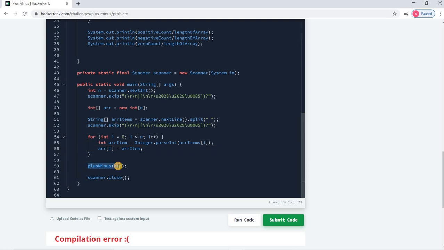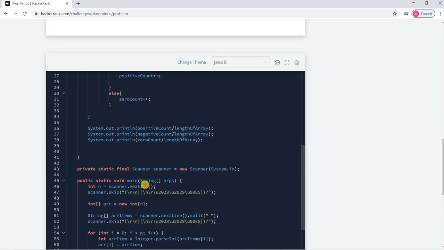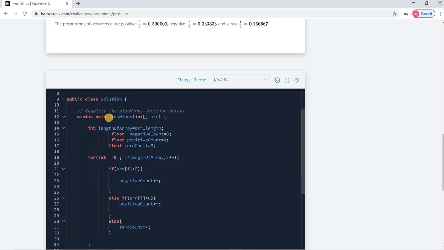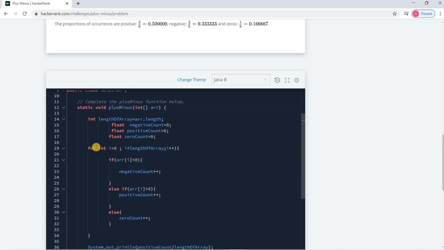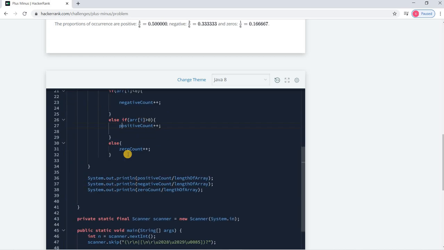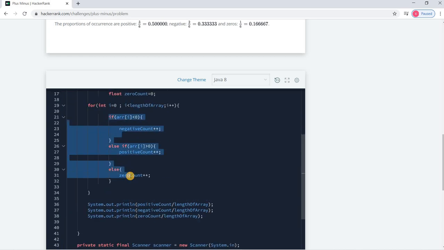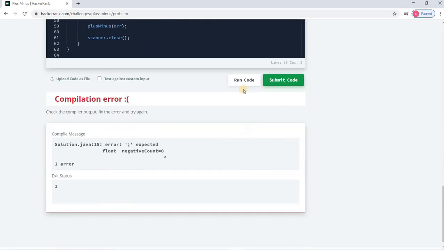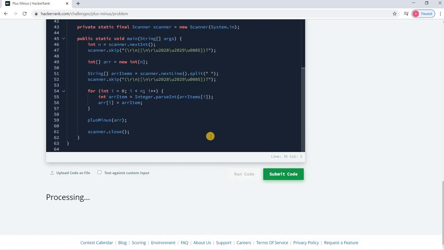After that we call this plus minus function, which is a static function, so we don't have to create an object for that class to call this particular method. We have the loop here, we check the condition for each and every value in the array, and after that we find the ratio.